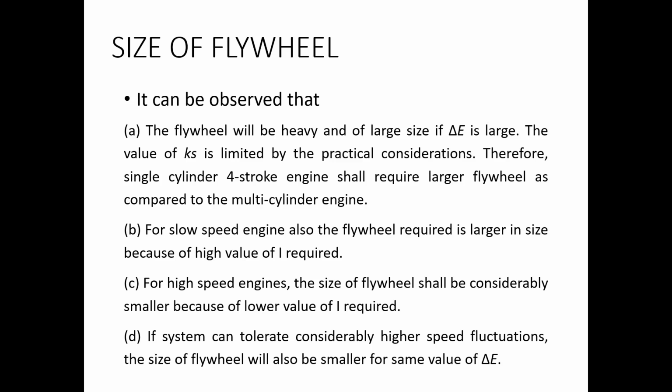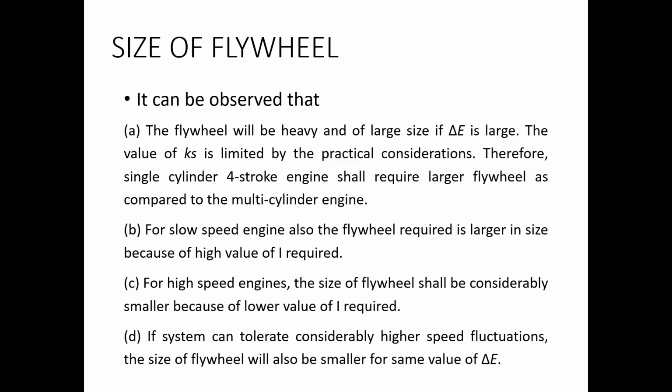Then if a system can tolerate higher speed fluctuations, the size of the flywheel will be smaller for the same value of delta I. Suppose we have two different engines or two different systems, in one of which there is a higher fluctuation, and in another system there is also a higher fluctuation, but it can be tolerated, it can be accommodated. So in such cases, if we compare the size of the flywheel in these two systems,